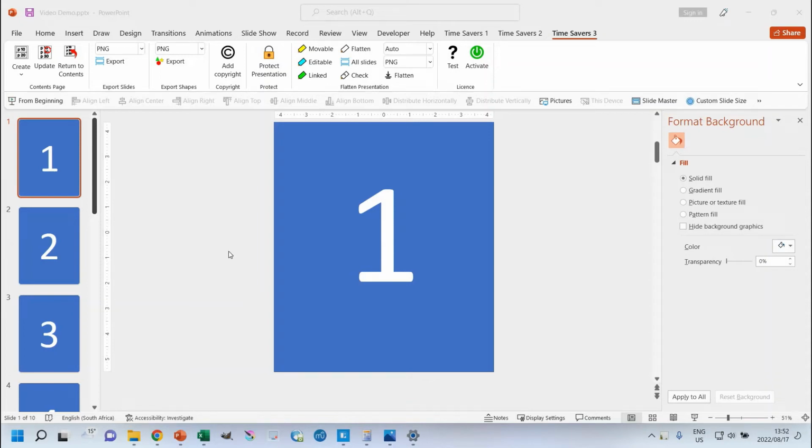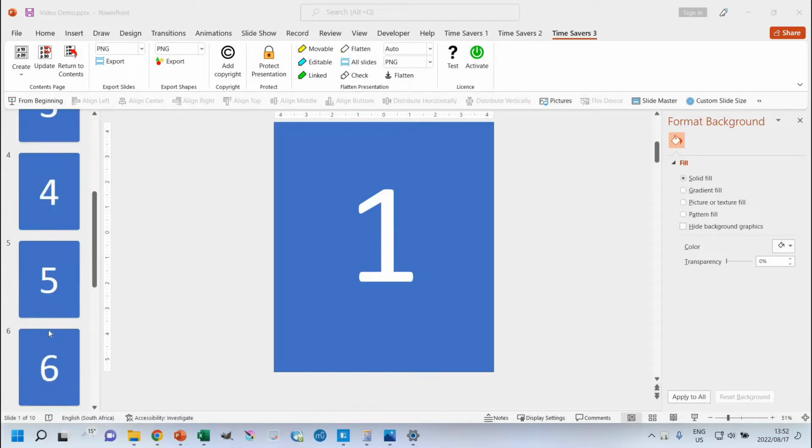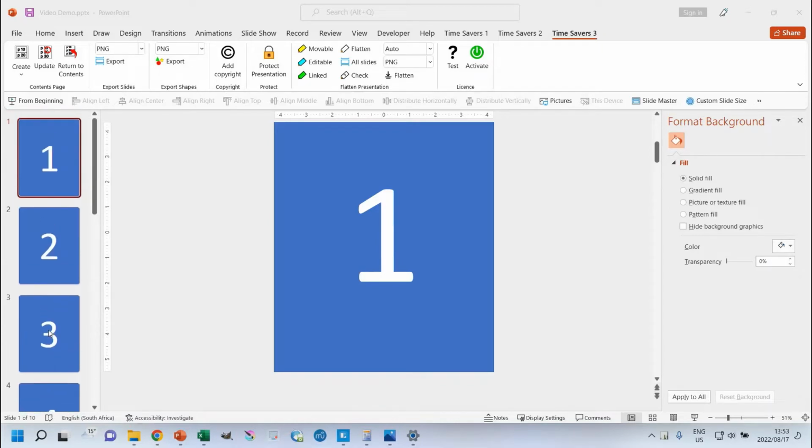Hi, in this video I'm going to show you how to use the Export Slides group in the Timesavers 3 tab of the Timesavers add-in. The Export Slides group allows you to export any slides that you want to, not necessarily all the slides. You can select whichever slides you want and export them as separate images to a folder that will